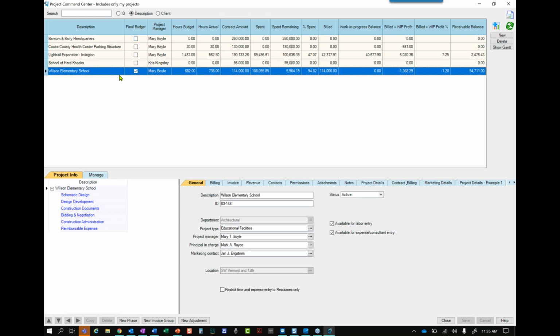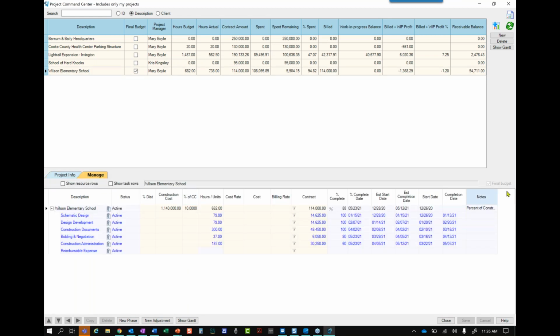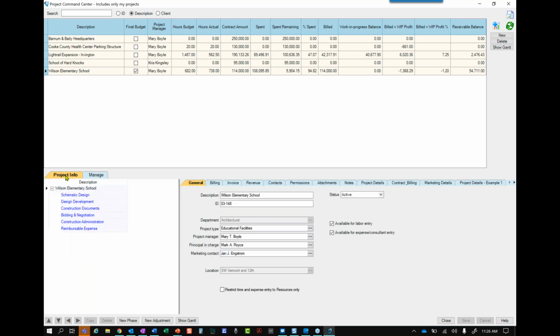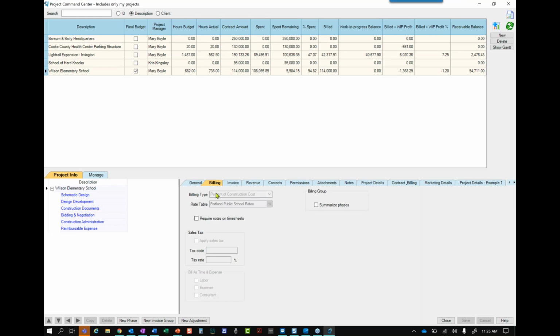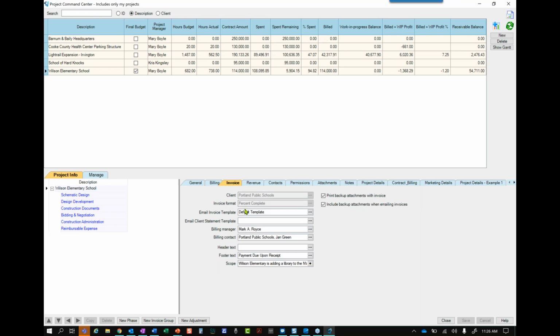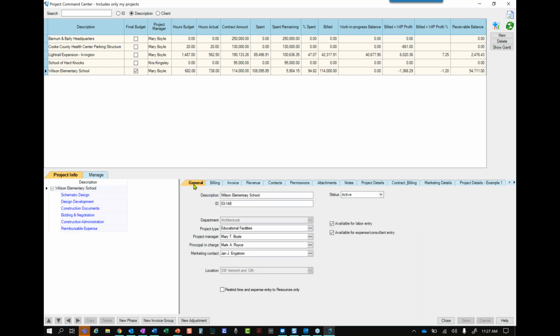I pulled this field in so that you could see this is a project where the budget was finalized. And you can see that Mary can't change any of these fields, but also any other field that we said let her change it until we've checked that box. These are still here. She can still see the information here. She just no longer can make changes, like Brian said, until she has a conversation with someone who should also be in the loop on that.